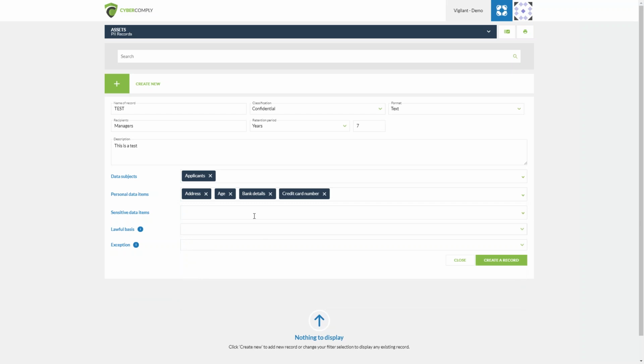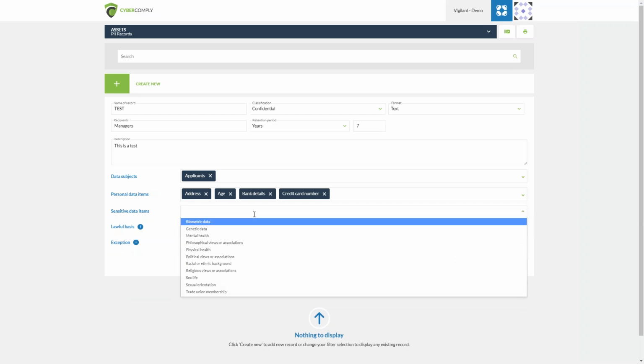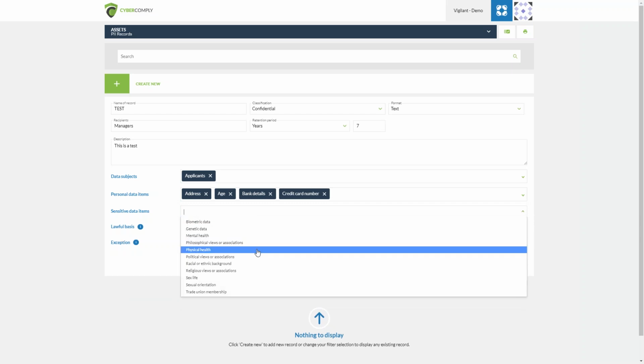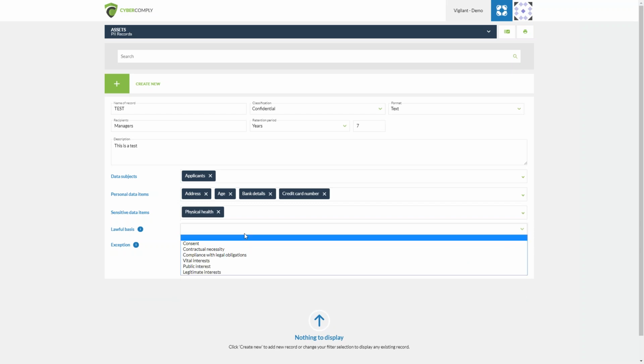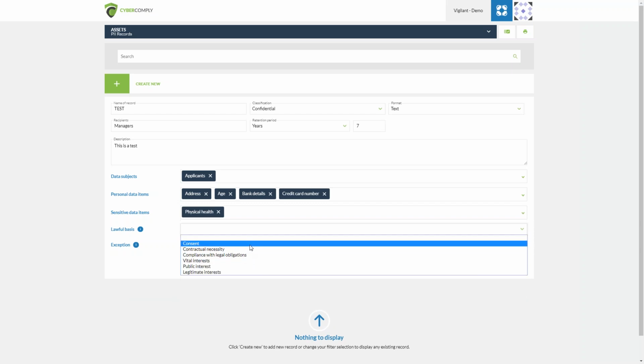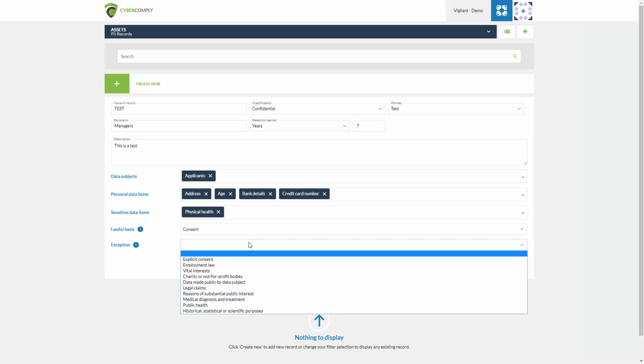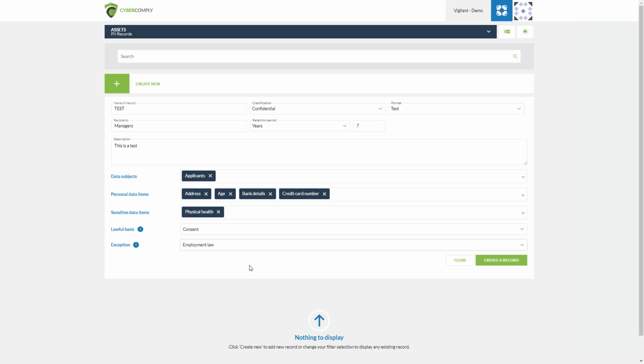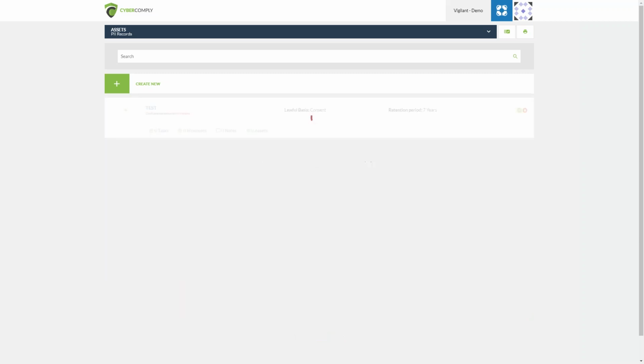Don't pay too much attention to what I'm actually choosing. For any sensitive data items we're taking, we could just say that yes, we take physical health. The lawful basis for this is going to be consent, and the exception for taking the sensitive data could be for employment law, for example. Once you then create that record, we can then very clearly see that we can assign tasks, we can link